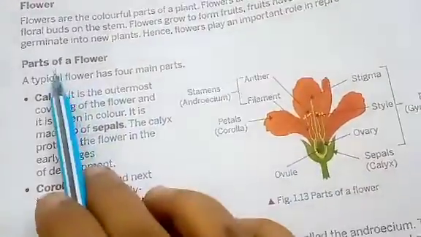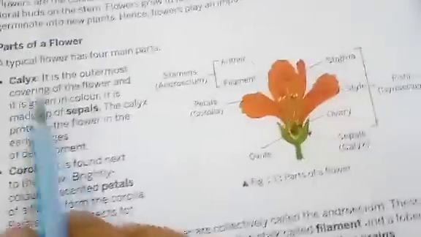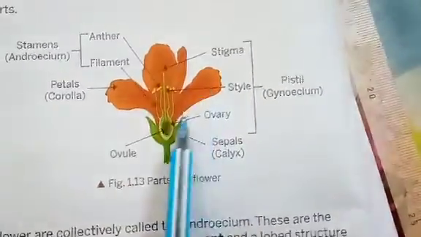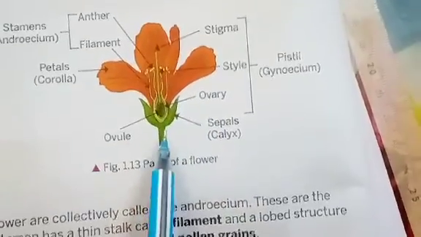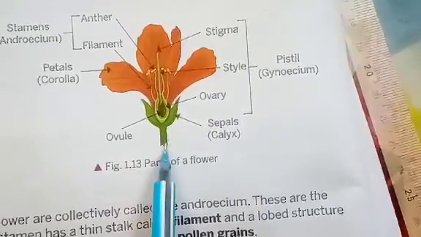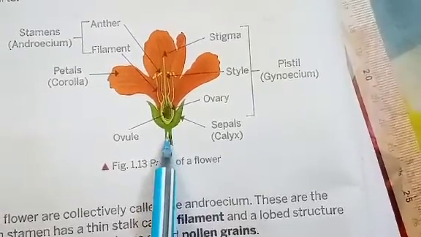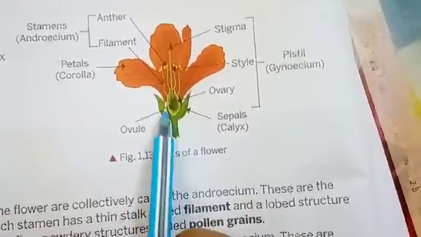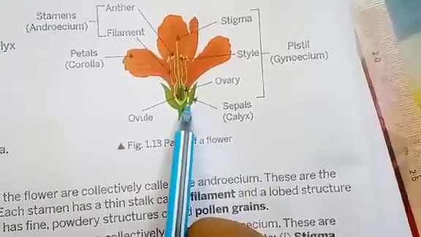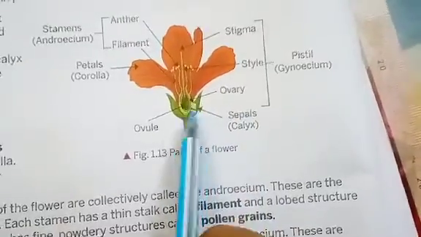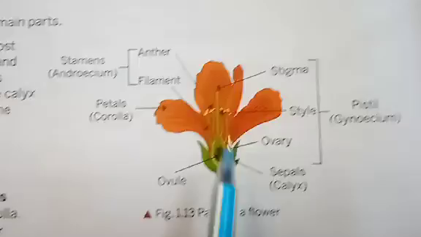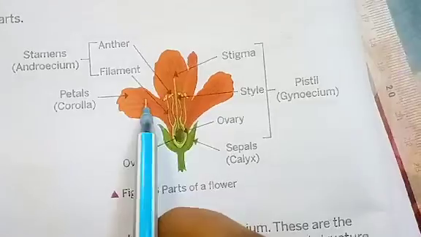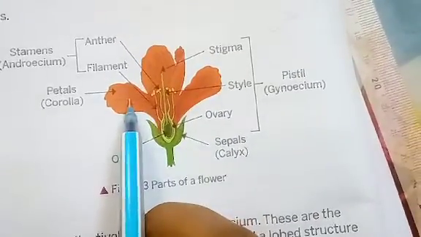So now let's see what are the different parts of a flower, children. You can see here a very beautiful colorful flower is shown. This is the flower you see here. If you see a flower, you can see at the base this one. Like in the stalk of the leaf, you know it is called the petiole. This is also the stalk of the flower. And here you can see green structures. This is the first part of the flower, which is called sepal. These are called sepals. Then next you can find brightly colored parts, which are called petals. These all individual are called petals.